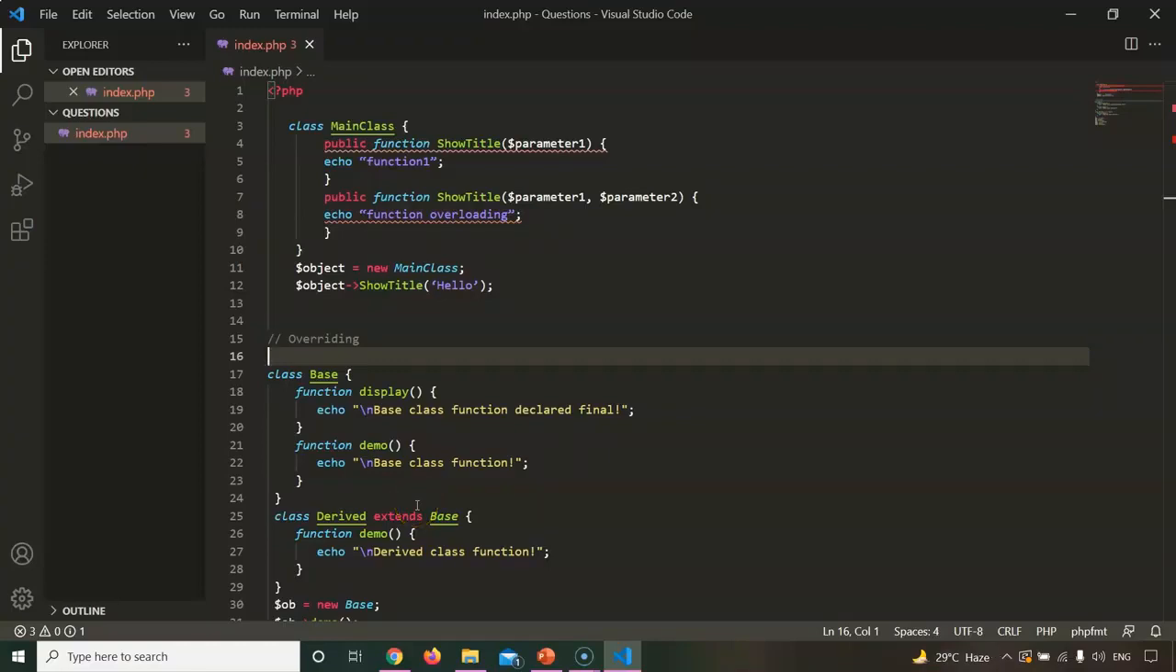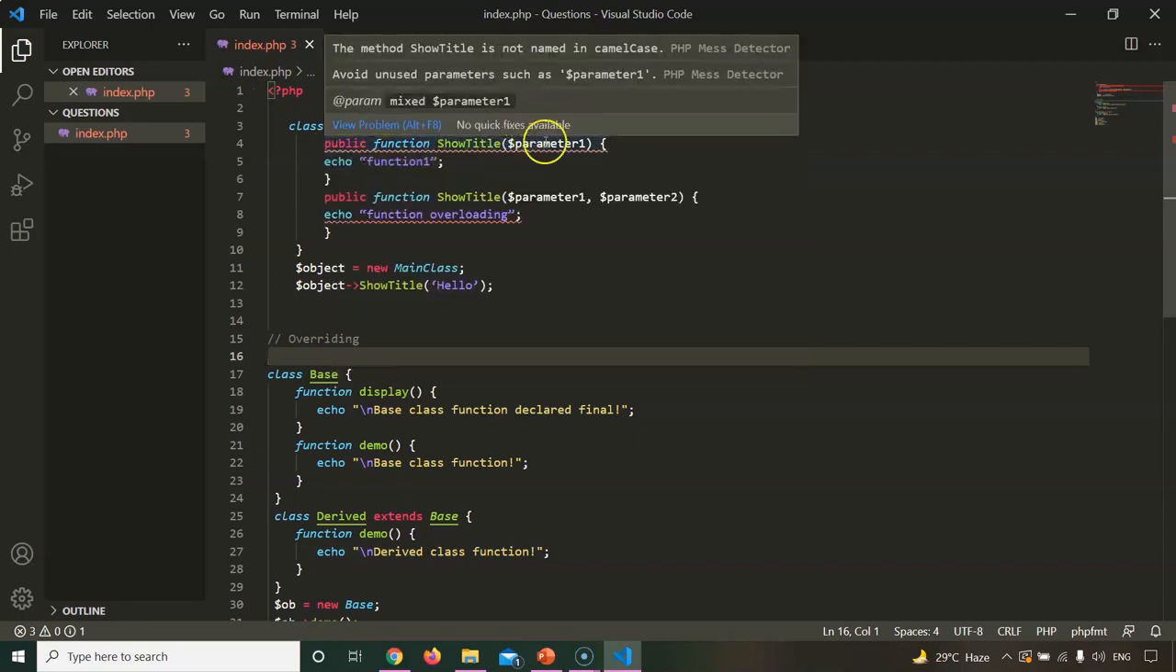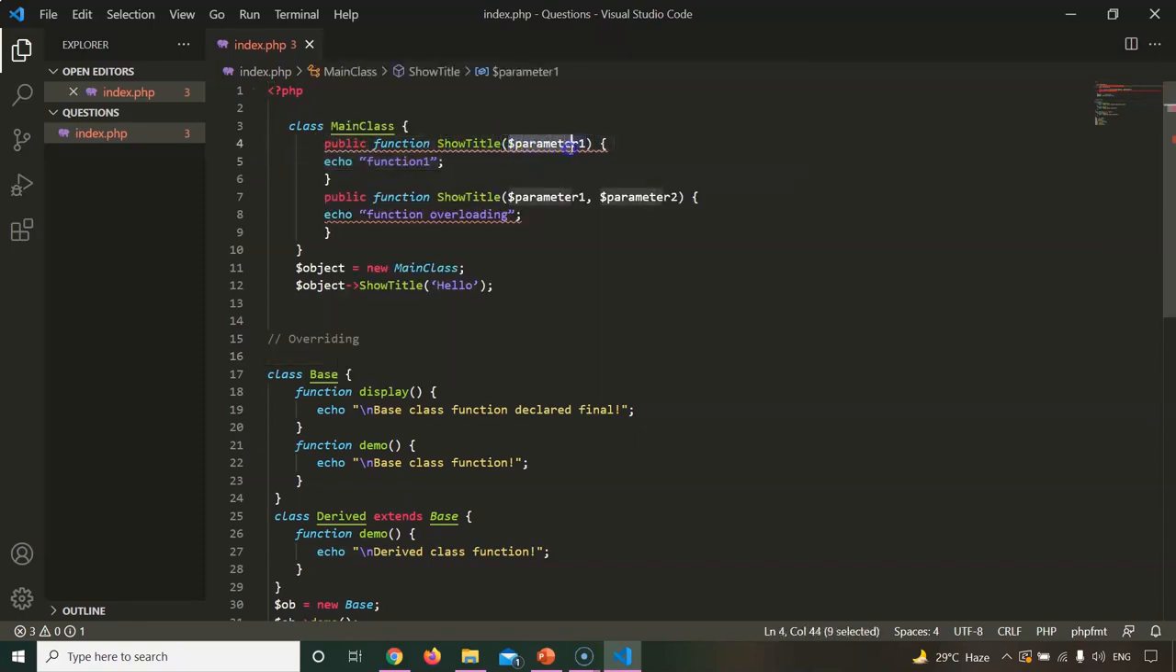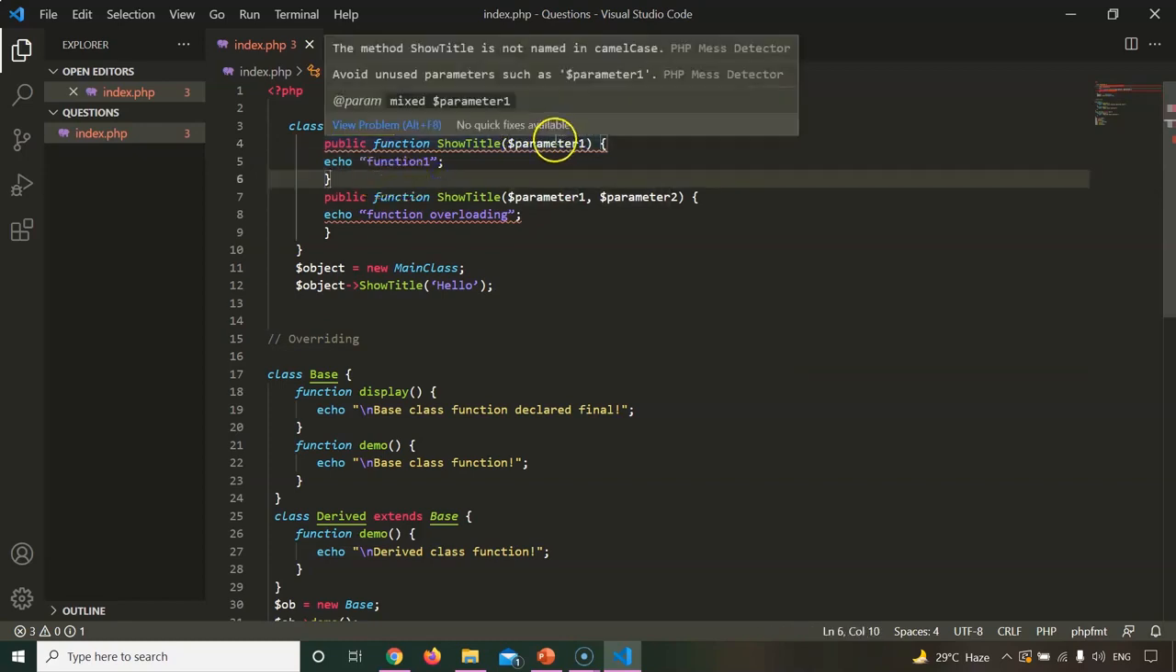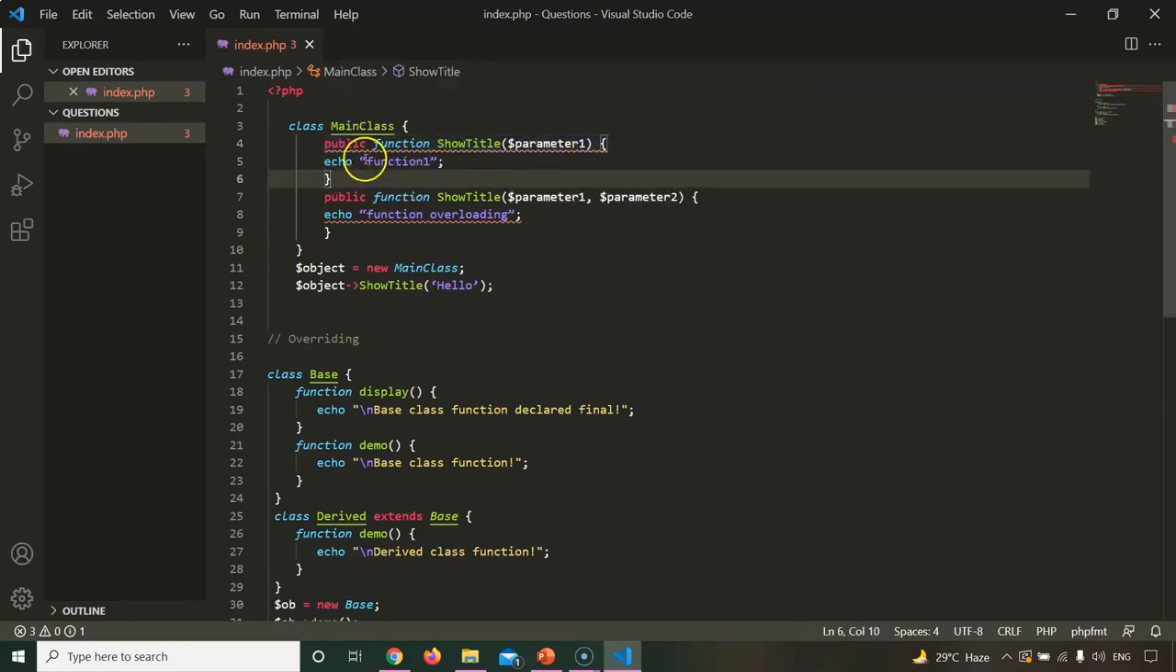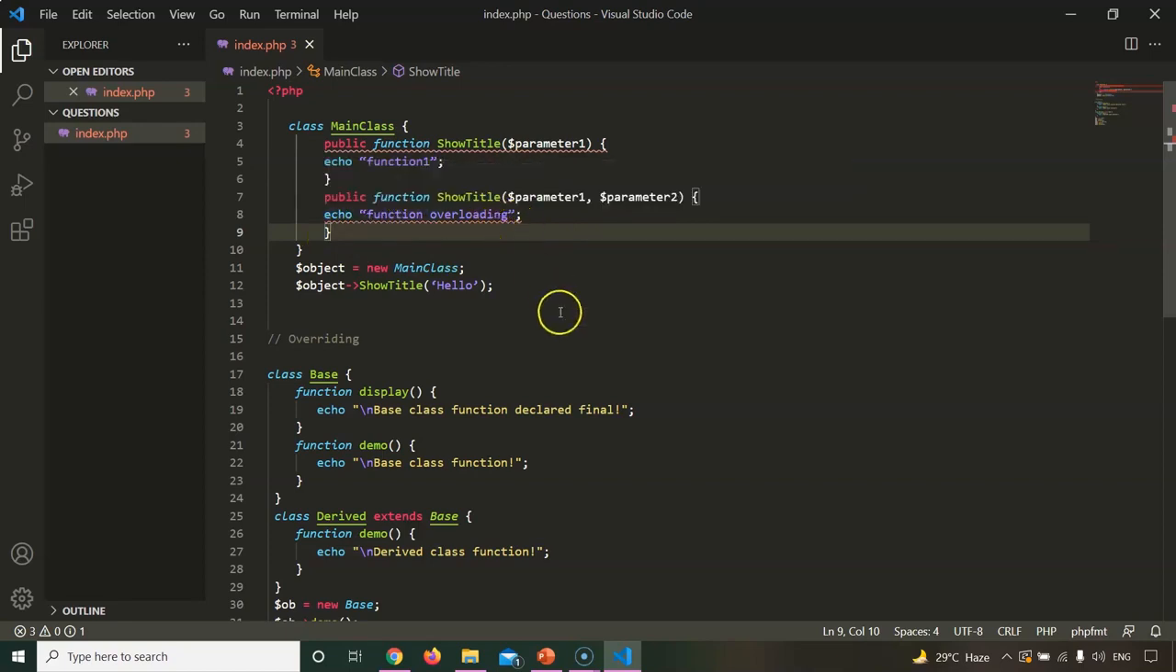So let us look at this code. Suppose you have a function named showTitle, which contains a single parameter and displays, when called using this parameter, function1. Now if you want to use the same name of the function for a different purpose, what you can do is increase or change the number of parameters inside the function. That is, it now contains 2 parameters. So when the same function is called using 2 parameters, it will function differently and display function overloading. So this is how